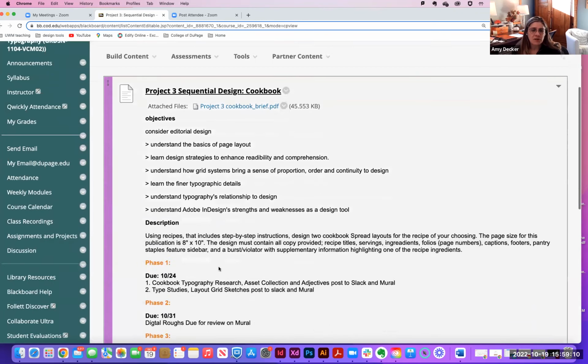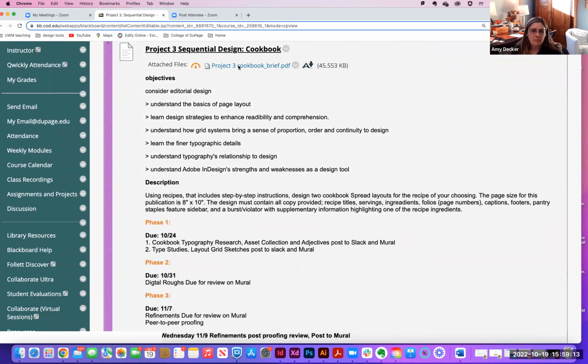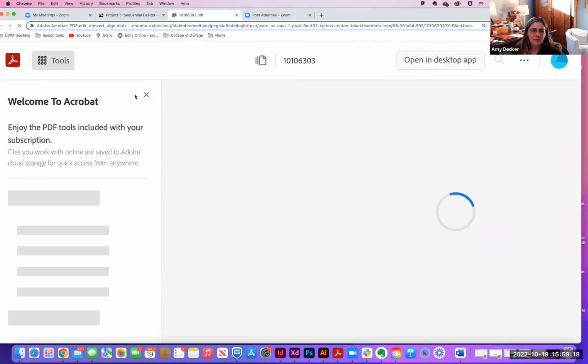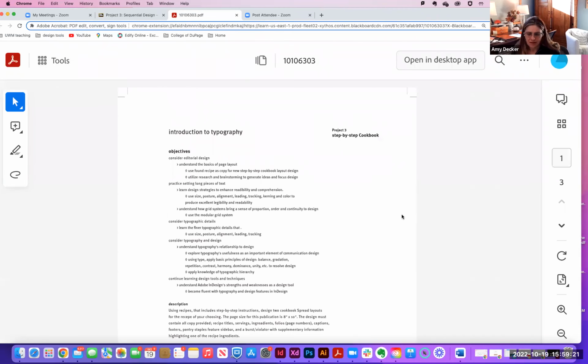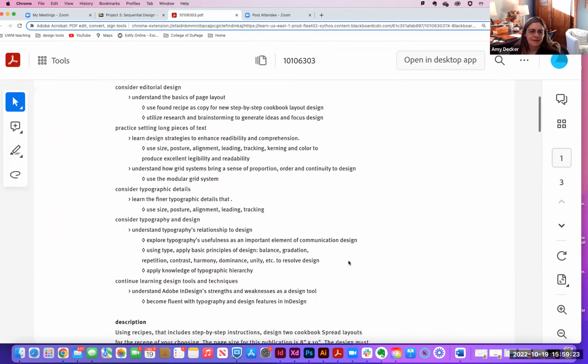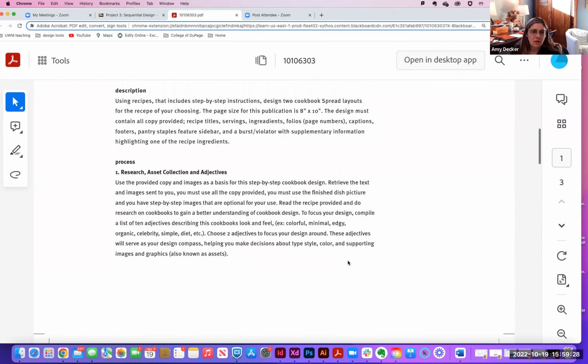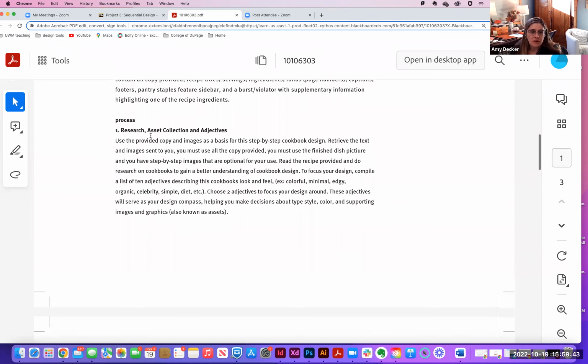We're going to go down here to Project 3, Sequential Design, and we're going to pull up the cookbook brief. Okay. So we are now going to start by researching and collecting our assets and creating a design compass for our cookbook. We're going to get our copy today, and we're going to look at the provided copy as a basis for